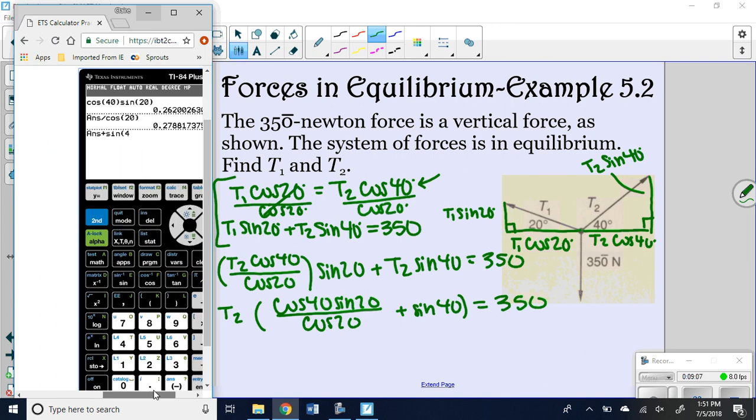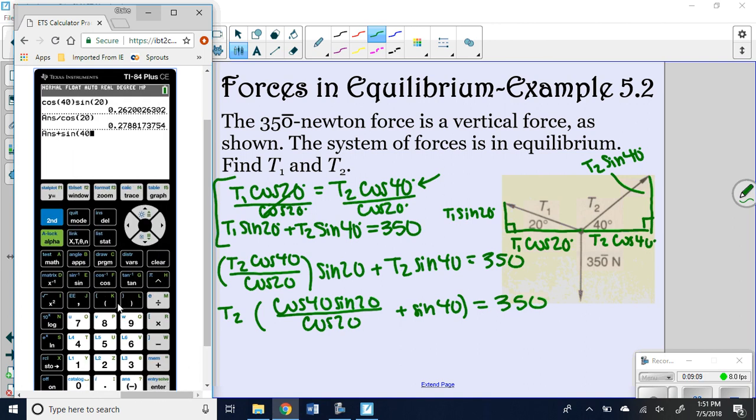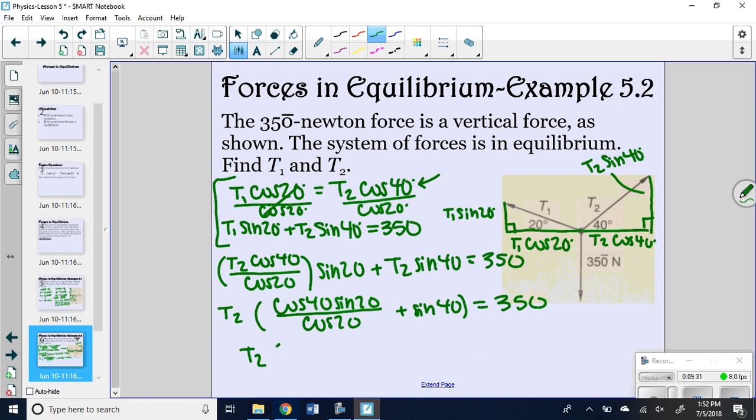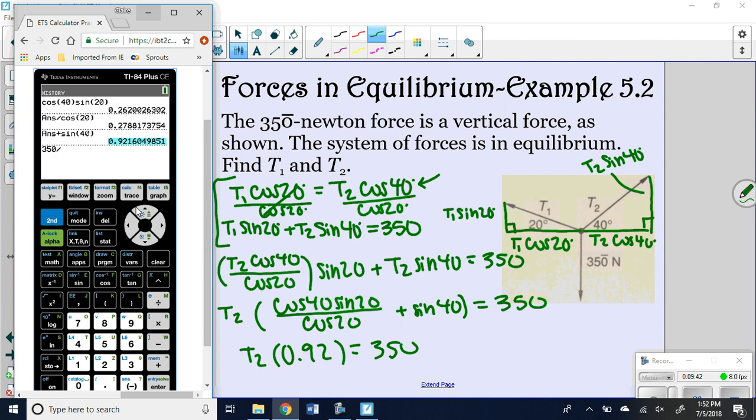Whoops. And I should have checked. I am in degrees. Okay. So that's what I get: cosine of 40 times sine of 20 divided by cosine of 20 plus sine of 40. So all of that goes over here, 0.92. So T2 times 0.92 equals 350. And so then we're going to do 350 divided by this whole decimal up here. And you should get about